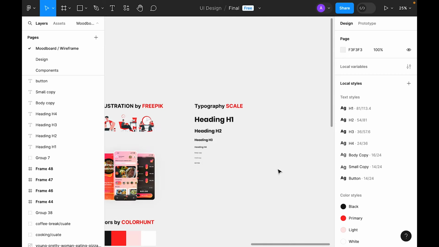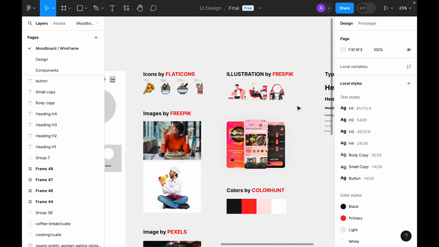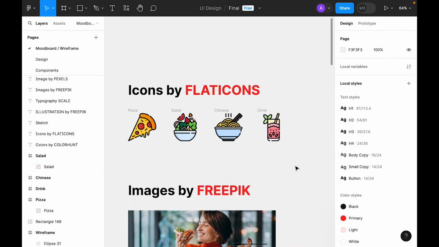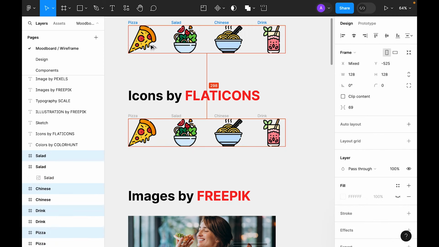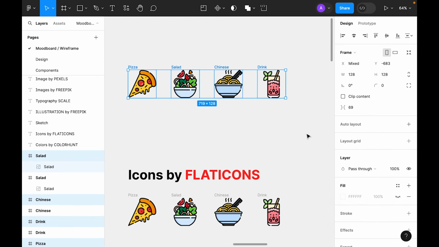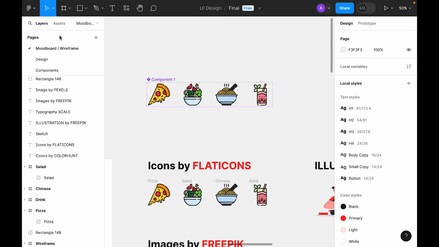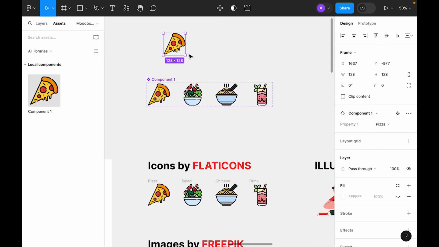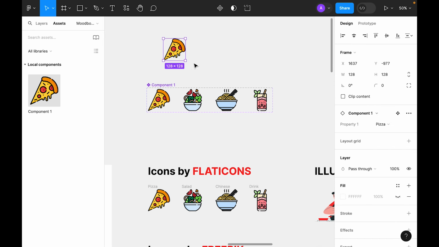Now it's time to add components from these icons. We have already gathered the icons. Let's select these icons and duplicate them so that you can see clearly. Now just go to components and click on the drop down, create component set. What it does, as you can see, if we go to the assets and select this component and bring it to the artboard,